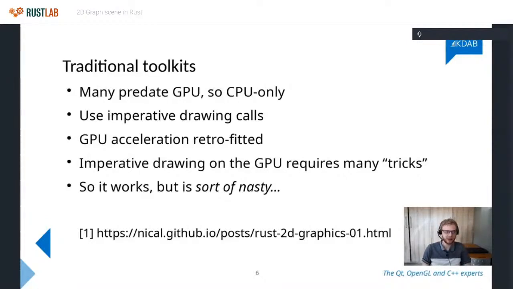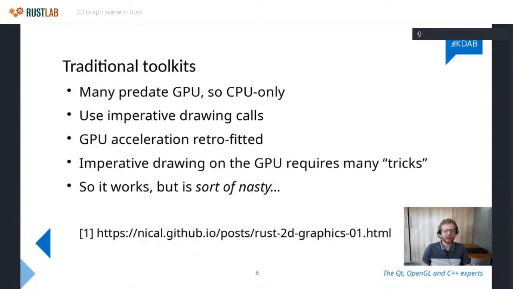So it's not really built from the ground up to be GPU based, because the thing with a GPU is, as I said, it's this piece of hardware that spits out pixels. But the question is, what do you put into a GPU? And the answer is really triangles. There's a bit more to it, like you also give it shaders and whatnot. But the point is, you give it triangles, and it interpolates between the triangles and runs the shaders to decide which color each pixel should be.